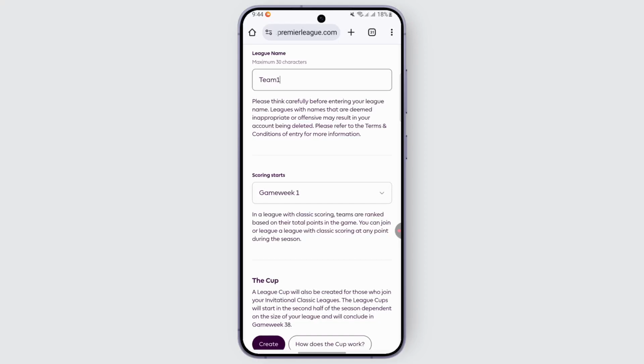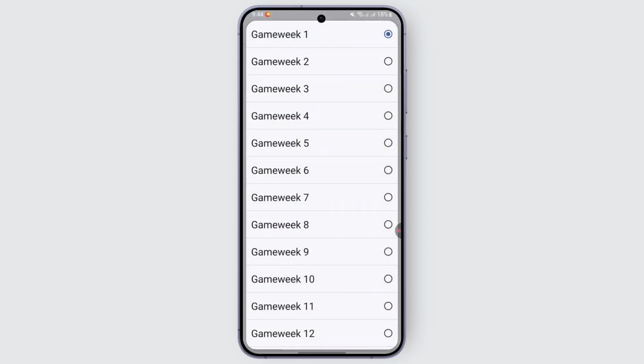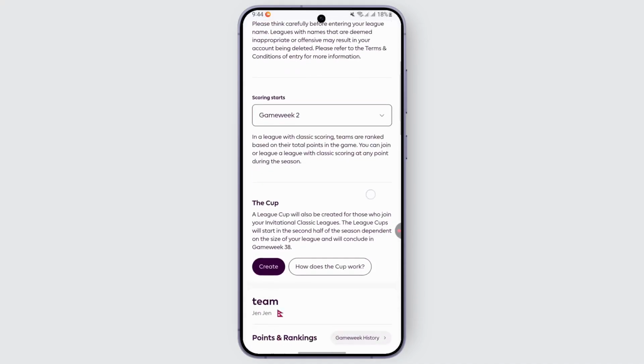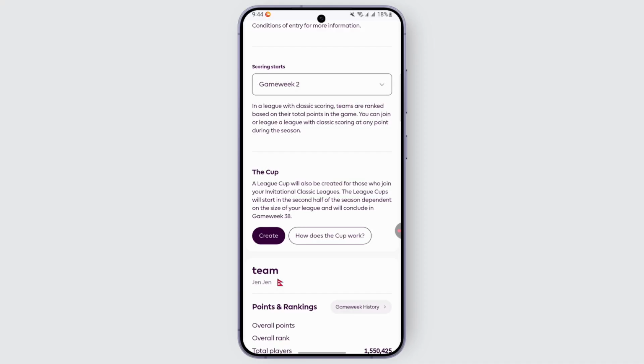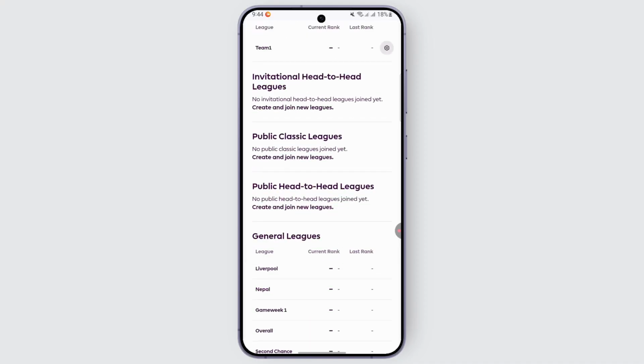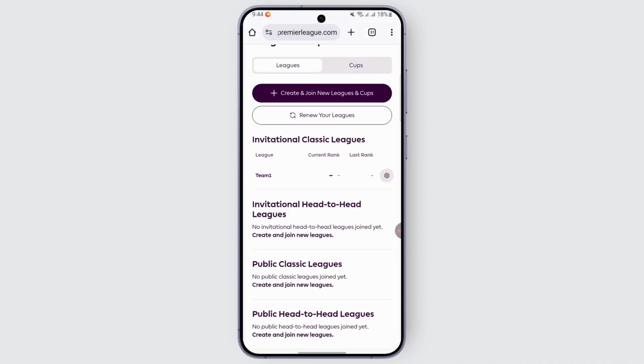After that, you can select which week your scoring starts from. So you can select 2, 3, 4 up to 12. We have the option. You can select, for example, 2. After that is done, you can just go ahead and look out for this option called create, tap on it. And when you do, you can wait for a bit and you should be finding your league being created right